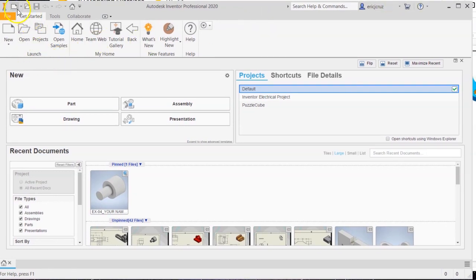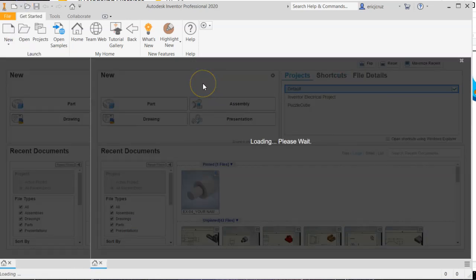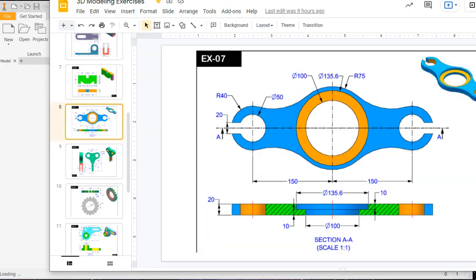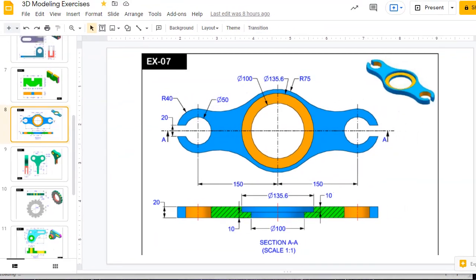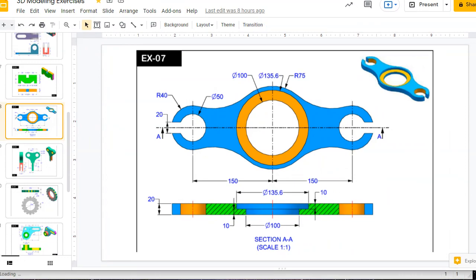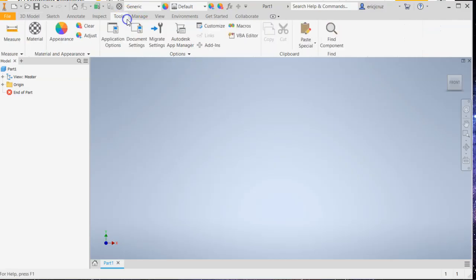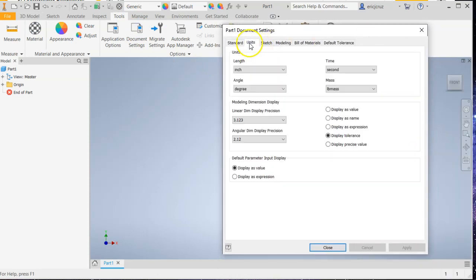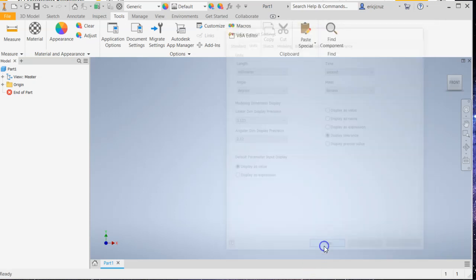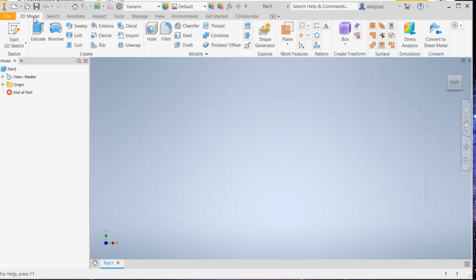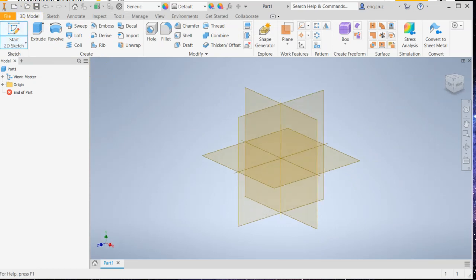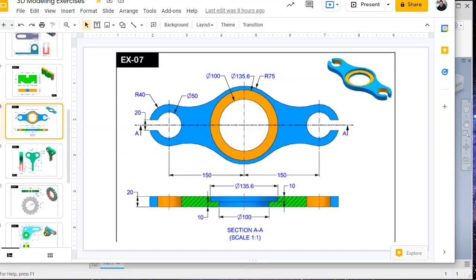So let's go ahead and start a new part. Let that load. And all of these exercises have been in millimeters. So what we need to do is go into the Tools menu on Autodesk Inventor, go to Document Settings, change the units to millimeters, and click Apply. And close. Click on 3D Model, click on Start a 2D Sketch,